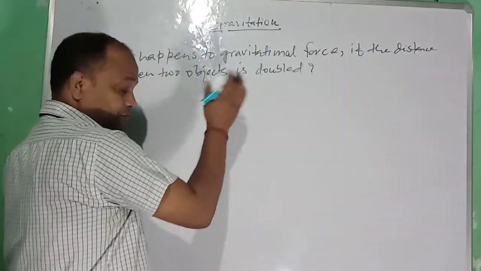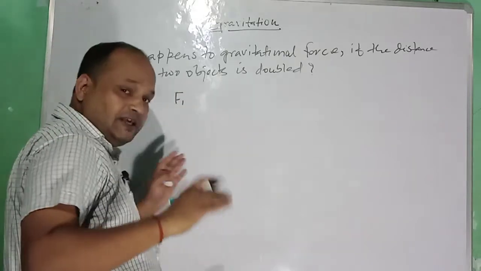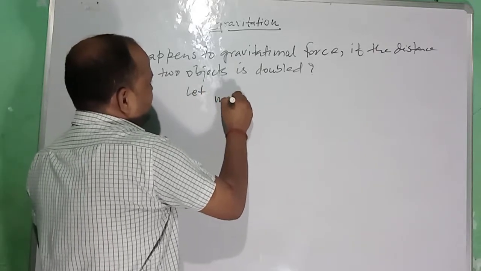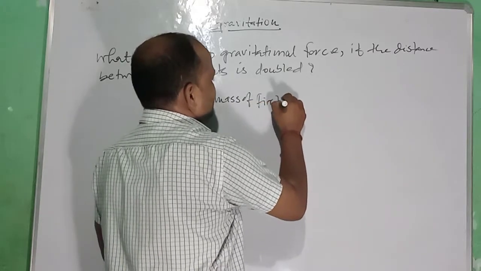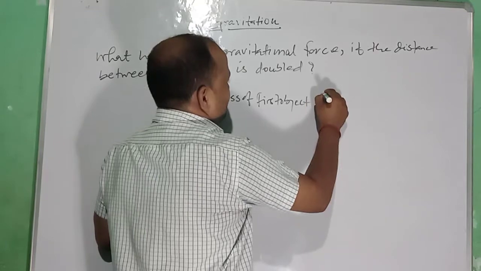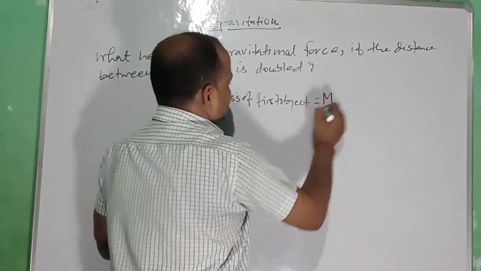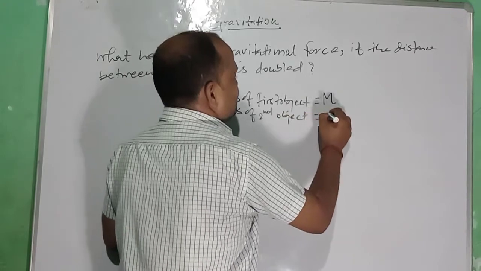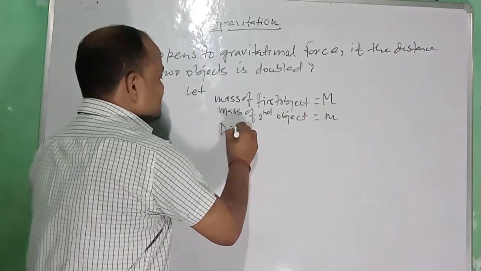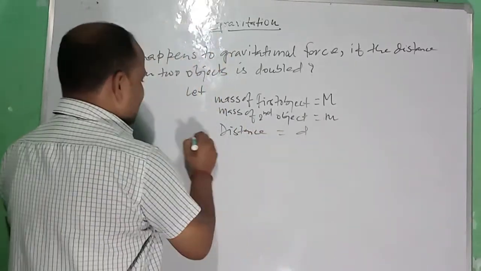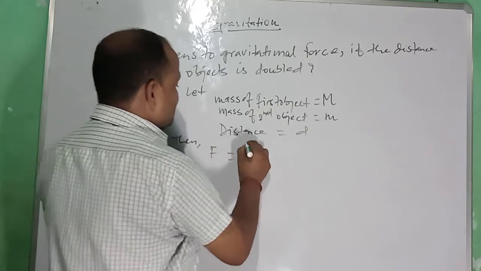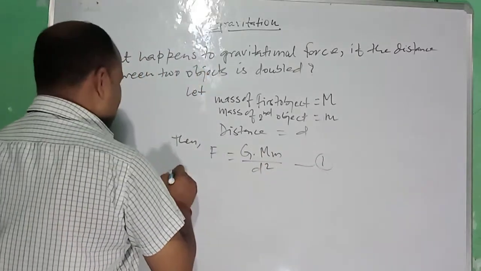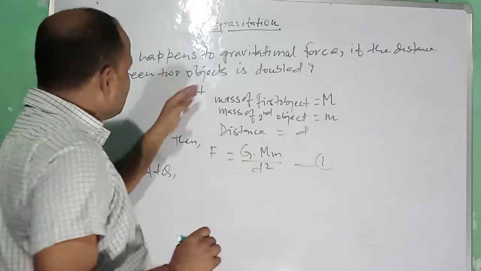So for that, first of all you have to find out F1 with actual mass and distance. So actual, let mass of first object be capital M, mass of second object be small m, distance is equal to d. Then F is equal to G M m by d square. This is the first case. According to the question, ATQ, if it is doubled,